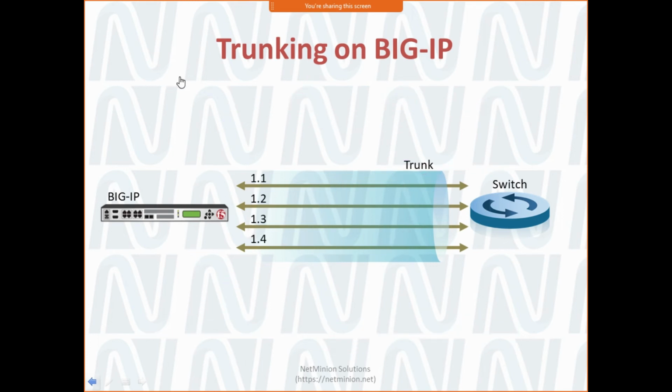Do not get confused with the Cisco terms. So a trunk is a logical grouping of interfaces on the BIG-IP system. When you create a trunk, the logical group of interfaces functions as a single interface, like the port channel in our Cisco world.